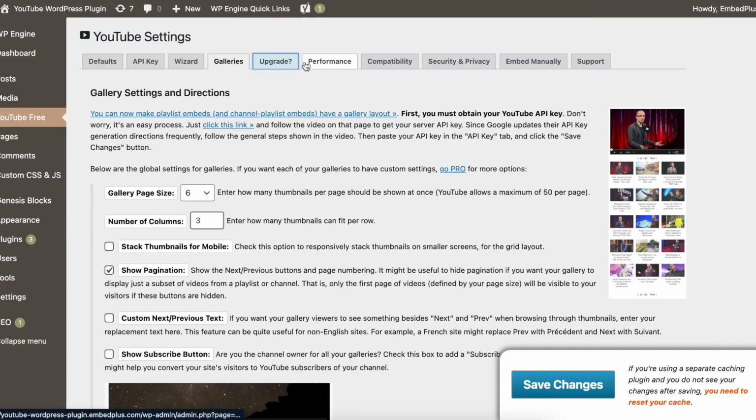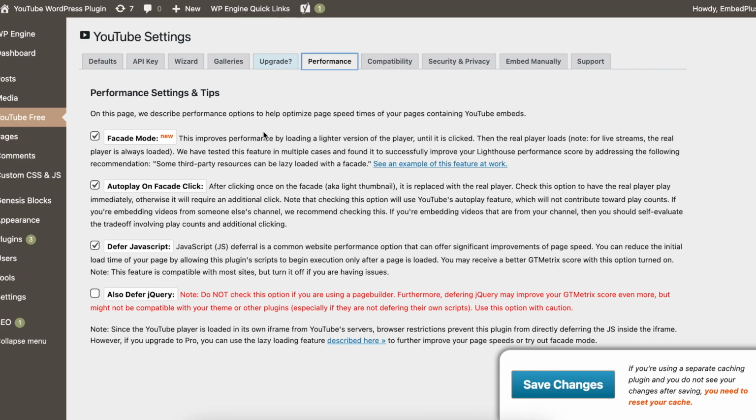Going back to the plugin, you'll see that we have a host of performance features. I mentioned facade mode earlier, and this is cool because it allows the plugin to load a lighter version of the player until you click that thumbnail, and then the actual player loads. This will benefit your page speeds. We've actually tested this out on Lighthouse. It doesn't require loading all the YouTube resources once your page loads, only when needed by the user as initiated by a mouse click on the player. There are a few other things that we can explore,